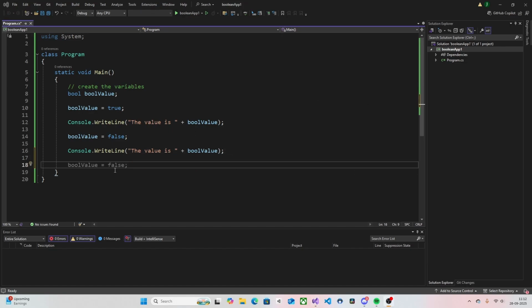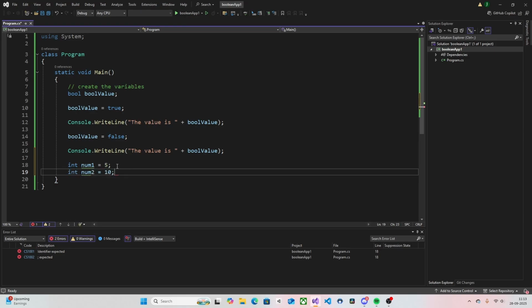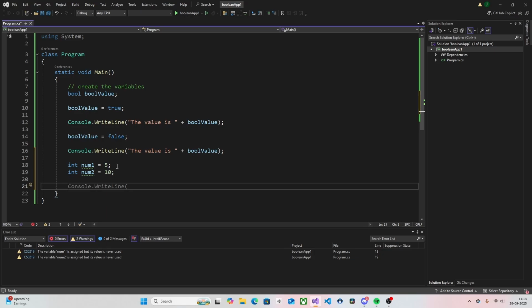So now, another way that the computer can find false and true statements is by doing some mathematics. So for example, we have here integer num1, which we're going to assign to 5, and integer num2, which we're going to assign to 10. Now we want the computer to guess which number is actually greater. So we're going to see, for example,